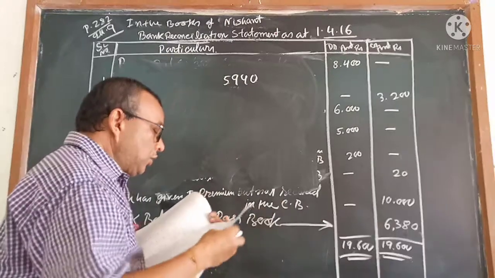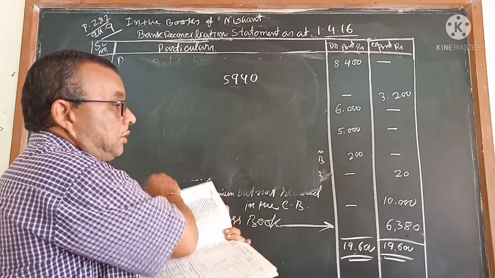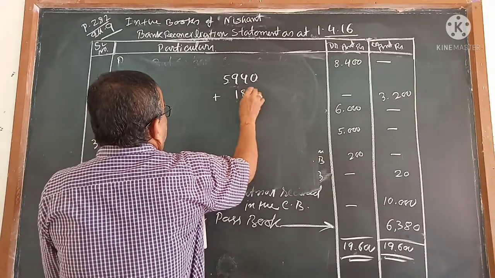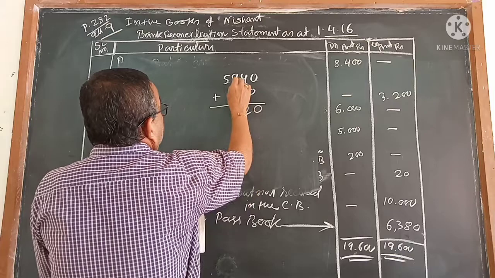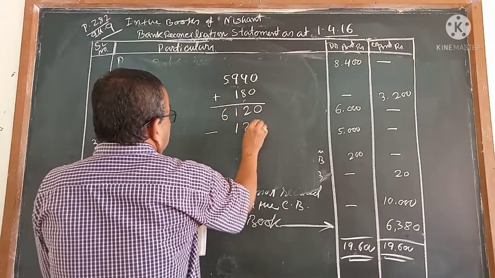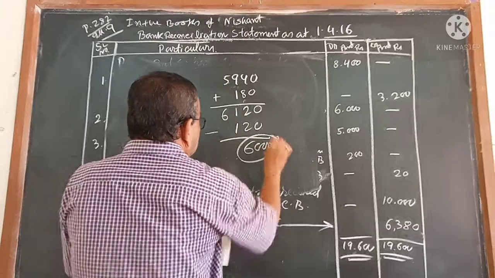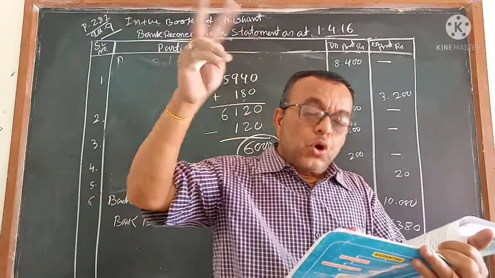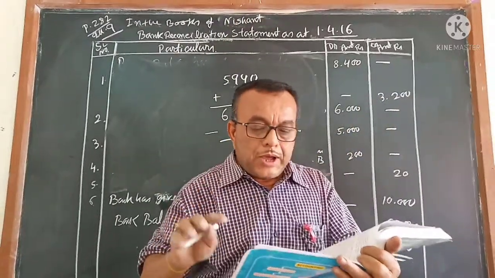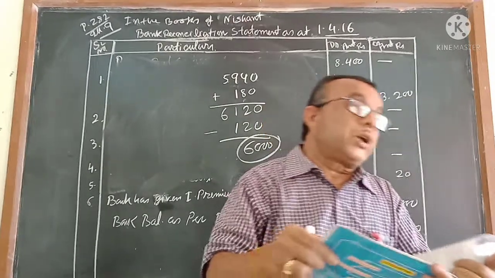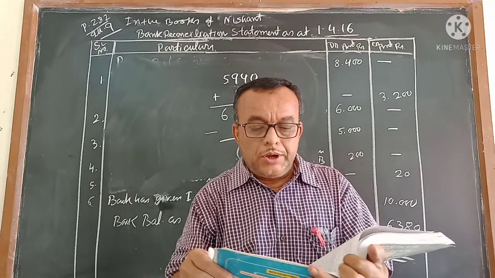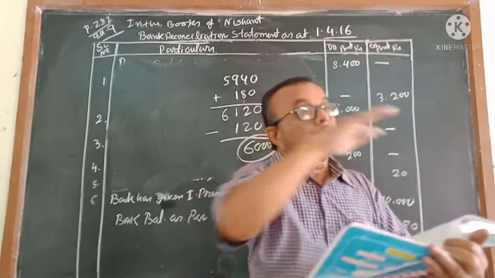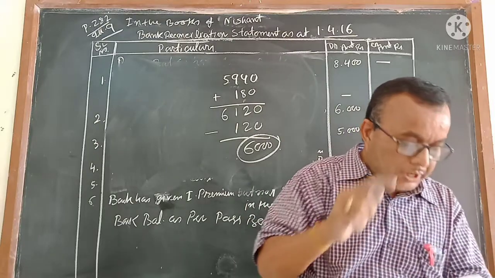After that you see the 120 credit and 180 debit in the cash book. That means 180 debit, first add it: 6,120, and minus 120 means 6,000. This 6,000 that comes is the opening balance of the passbook. The passbook opening balance of 6,000 is reached by adjusting two amounts in the cash book. So it may come to your mind, sir, 120 was credited in the cash book but not debited, and 180 is debited but not credited. No, these are already included in it. Why did it happen? It is 5,940 here and 6,000 here.